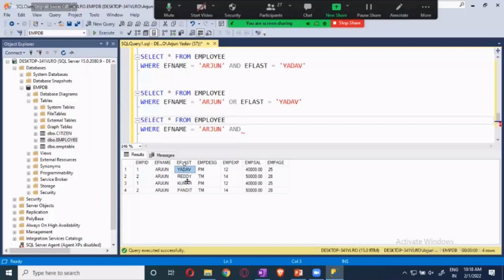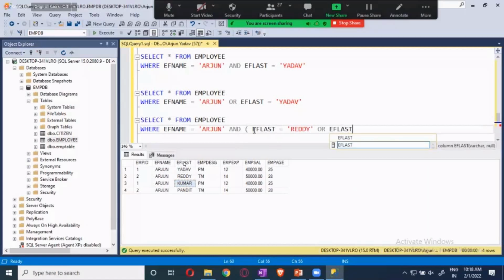So what I will do is EF last is equal to Reddy or EF last is equal to, I will give it as Pandit.